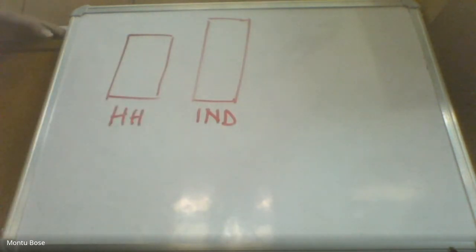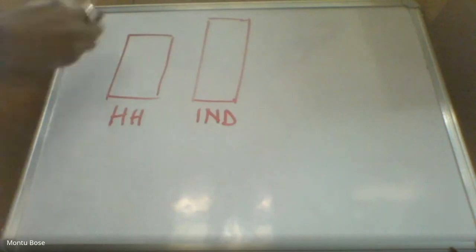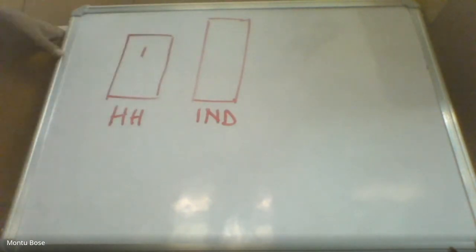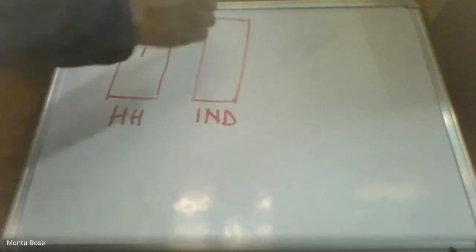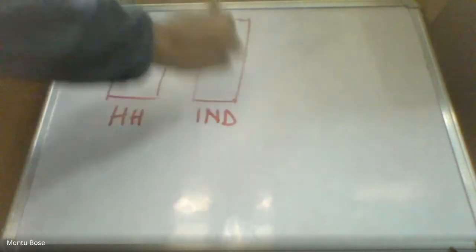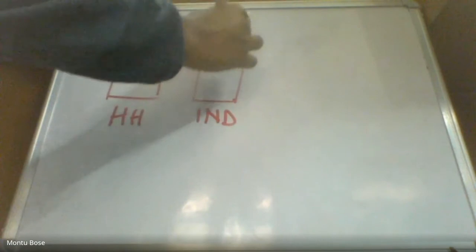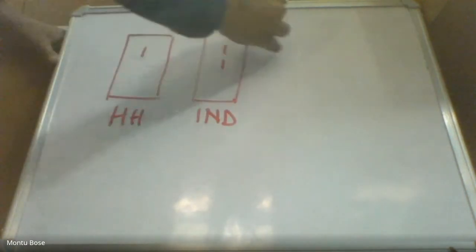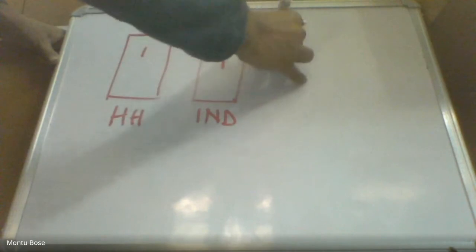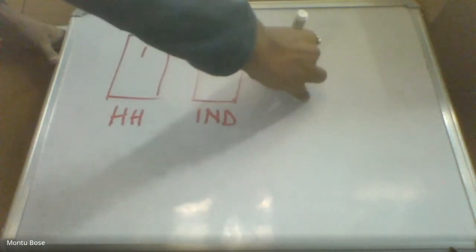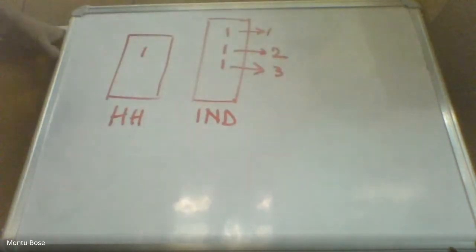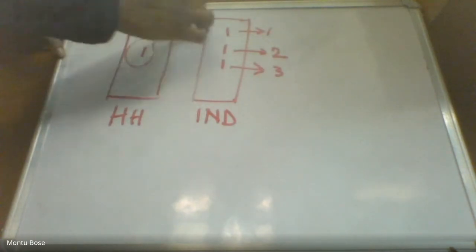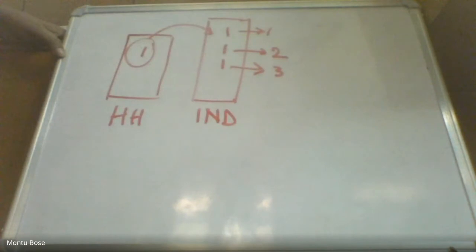Now, suppose this is one household, say household number one, and there are three members. So in this file, you would get the same household repeated thrice for three different individuals: individual one, individual two, and individual three. Therefore, only one record would appear thrice in this data file.